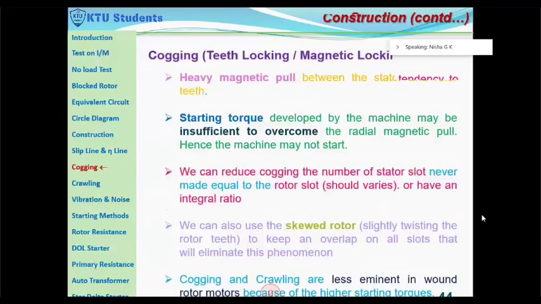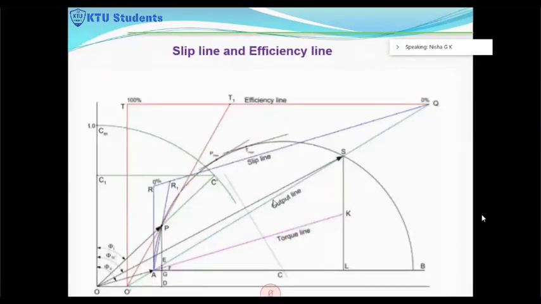I will show you once again. So this is the output line, right? This output line you have to extend, and you have to meet the point at the O dash point. O dash point means through the origin you are drawing on the reference line. So this output line has to be extended to meet at the O dash point, and this has to be extended in the forward direction also. Take an appropriate point Q, and from Q draw a line parallel to the torque line. Is it clear? Draw a line parallel to the torque line from the point Q.